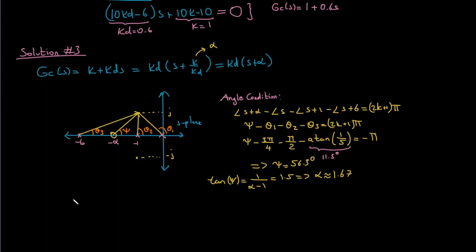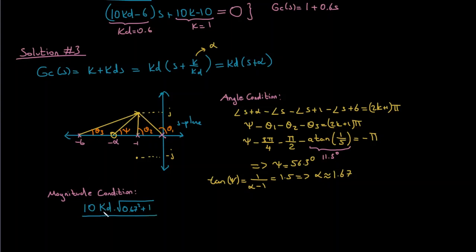So if I write down the magnitude condition over here, the magnitude condition dictates that 10 times KD times the magnitude of S minus alpha, is equal to the square root of, since alpha is 1.67, this length is 0.67 and this length is equal to 1, so it's going to be 0.67 squared plus 1 squared,